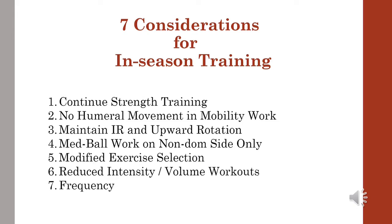Seven of the considerations for in-season training that we're going to talk about in this webinar today are the importance of continuing to strength train in season, humeral movement and mobility work, that's arm care, maintain IR and upward rotation in our arm care, taking a look at how our med ball work on the non-dominant side only affects in-season play, modifying exercise selection and taking into consideration that there's a lot of hard throwing going on,